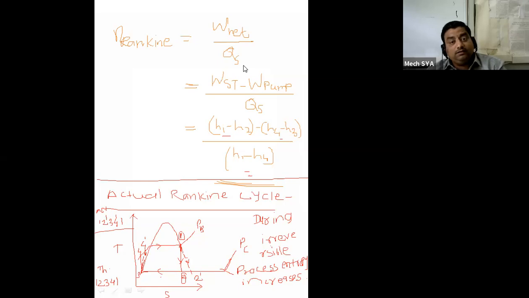Others, if you're not understanding, I am telling you, ask me. So draw the diagram. Okay, very good, Vijay. Draw the diagram and tell me over. If you tell over, then we'll go to the next concept. We have to calculate the efficiency of the actual Rankine cycle. Two efficiencies are there.